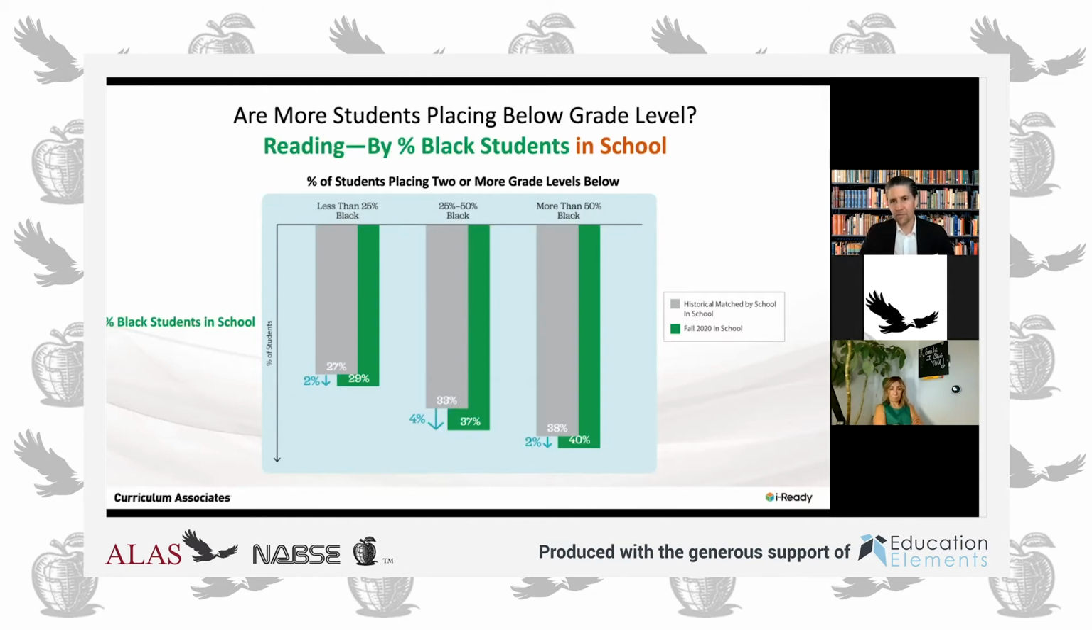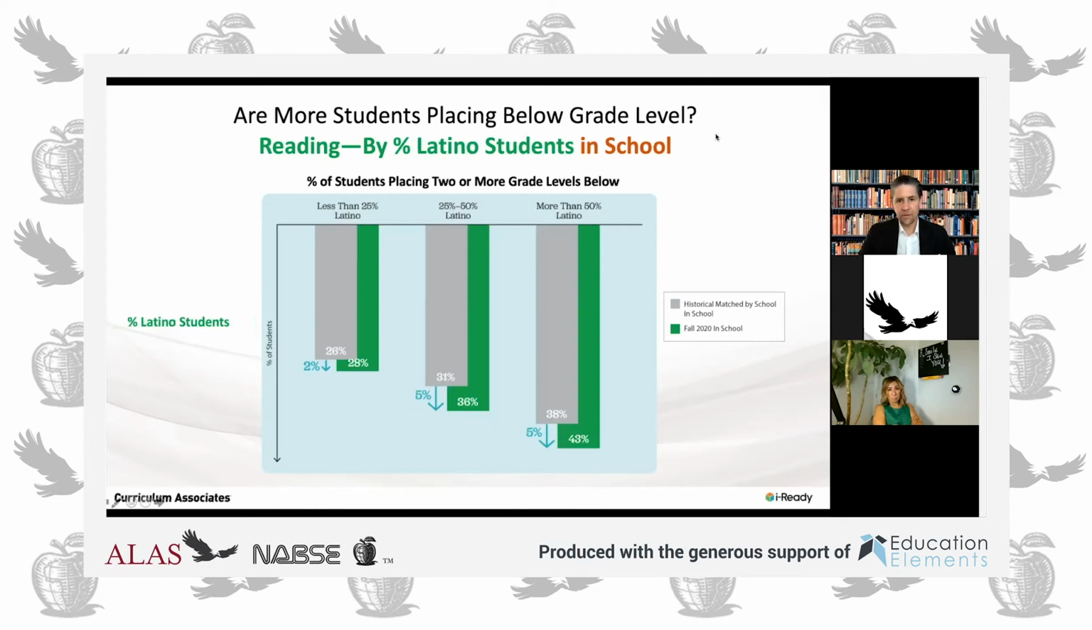So let me transition from percentage of Black students in schools in reading to Latino students in school and in reading. And so very similar to the previous chart, here it's the same kind of breakdown, less than 25, 25 to 50, and more than 50. And sadly, we see the starting point of where students are based on just concentration is much lower. And across the board, we just see